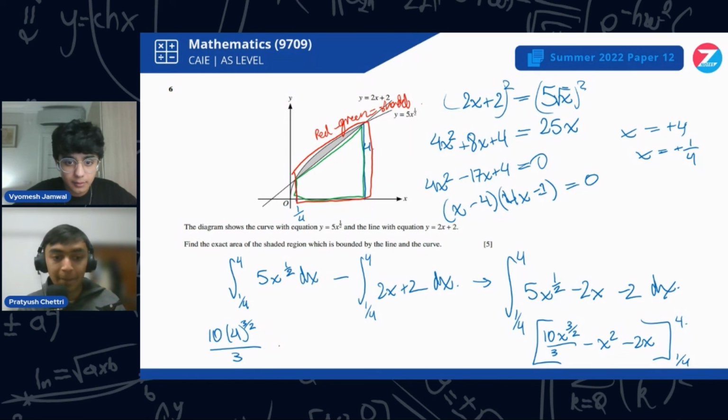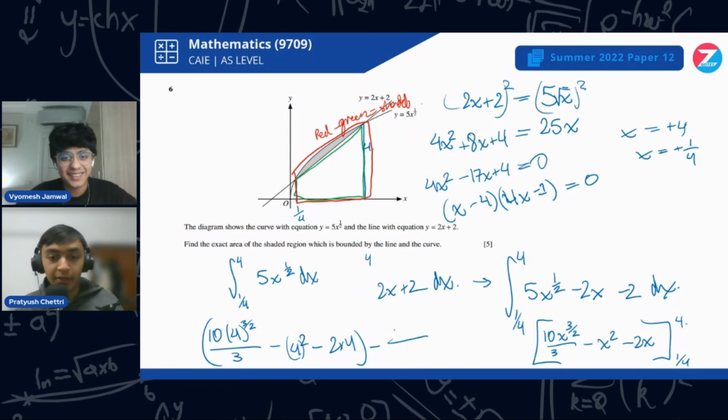X squared, 4 squared, minus 2 times 4. That's my first one. And my lower bound should be 8 upon 3. Oh my goodness. PowerPoint, not it today. He just annihilated another section of my thing. Anyway,